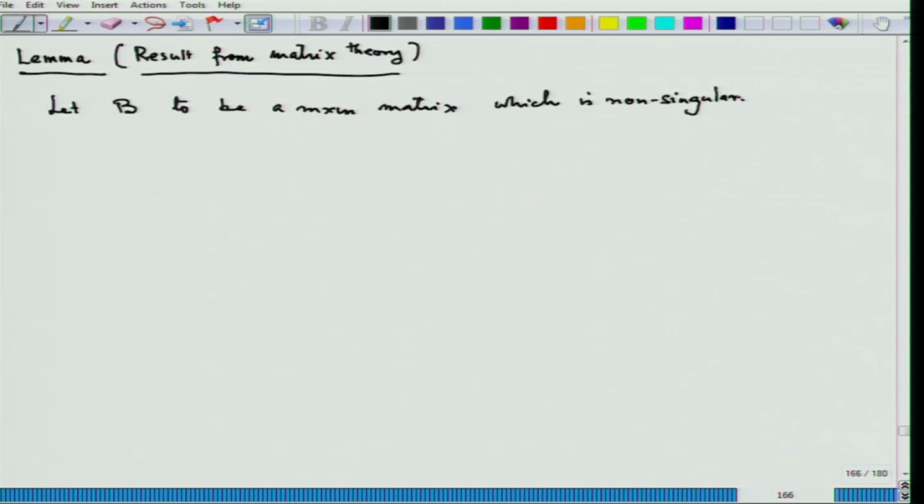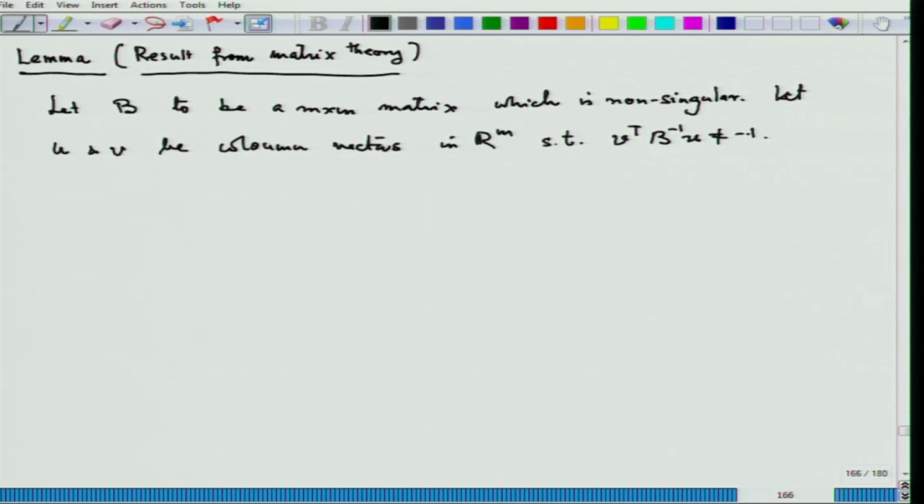Once I have this, let u and v be column vectors. We are just making this distinction because we are using c as a row vector in this description. So, these are column vectors in R m such that v transpose B inverse u is not equal to minus 1. You can always make such choices. So, if this is the case, then